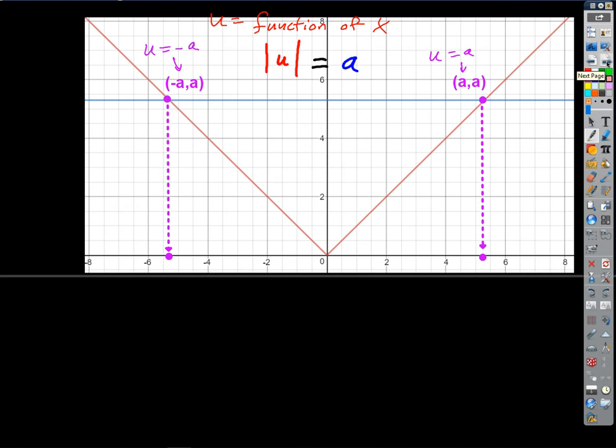Well, the graph of the absolute value of u just looks like a V, doesn't it? If I go over by u, I go up by u, right? What does the graph of y equals a look like? A is just a number, so it's a horizontal line with the y-intercept of a, right? So here, I guess that must be a for this example. It's like 5 point something. But more importantly, this is the line y equals a, and this is the graph